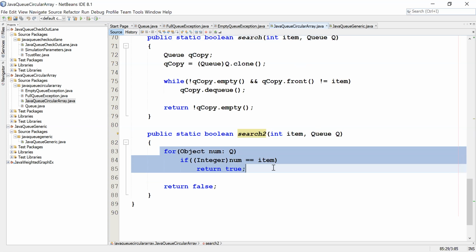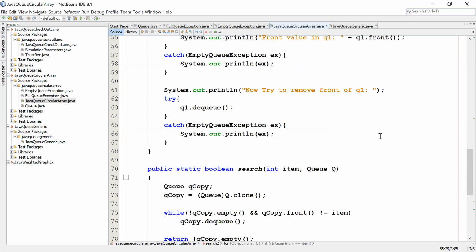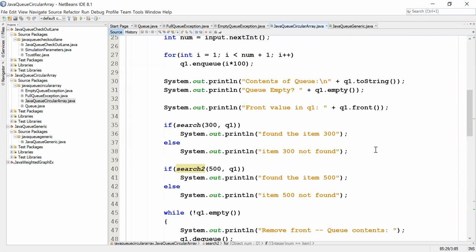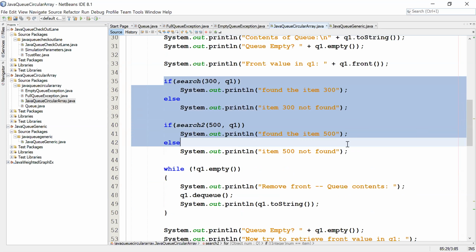That interface won't change your queue. It just does an item by item visit. That's how these two methods compare. Okay, so that's all of the